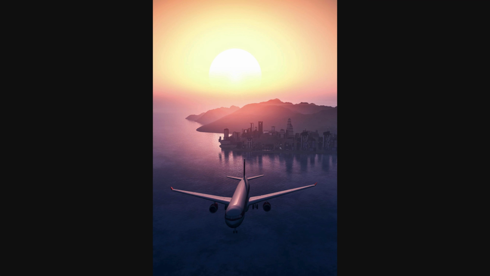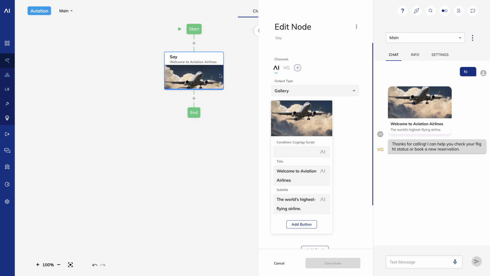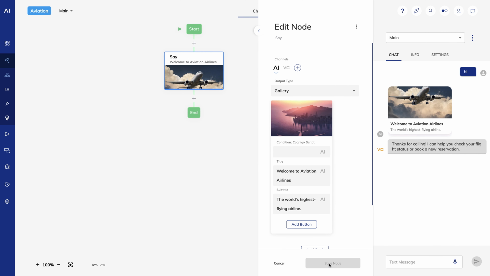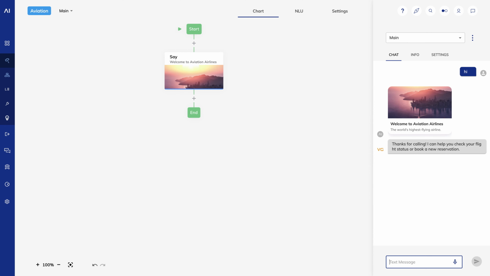Now I'll choose a different image. First, I'll show you in a web browser. And now I'll show you in the interaction panel.